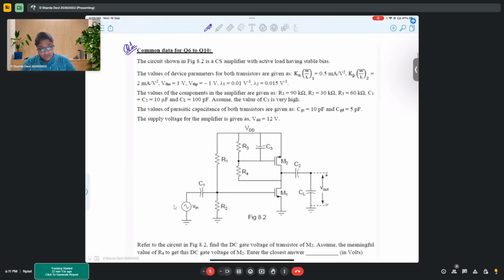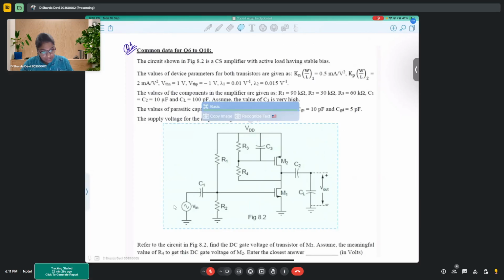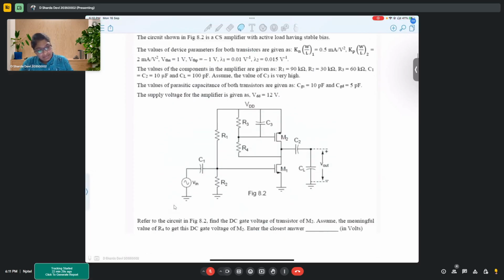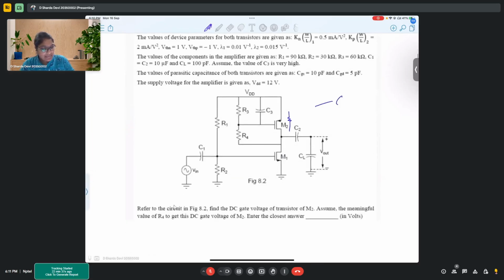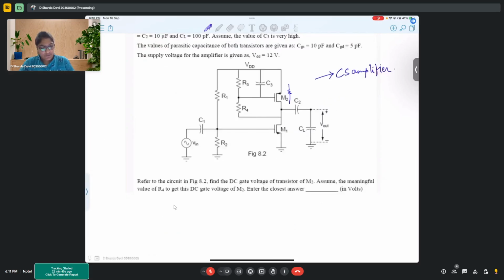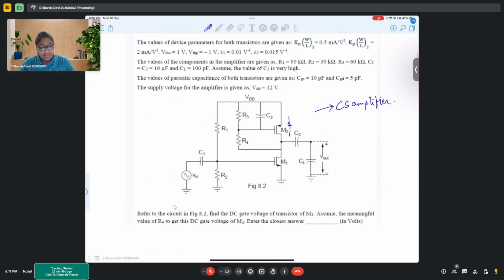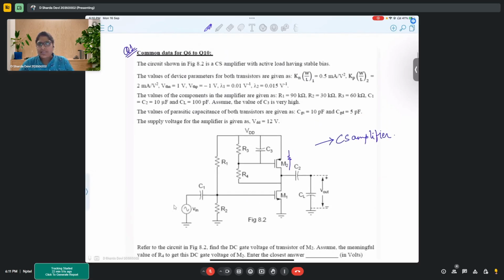Starting with the first problem, we have a circuit given. Until now, we had a resistor and a MOSFET, and we called it a CS amplifier, correct? The resistor was at the top and there was an N-type MOSFET at the bottom. But we were discussing a few weeks ago that